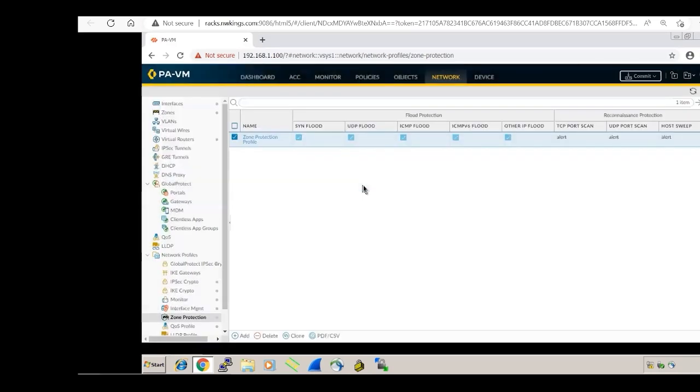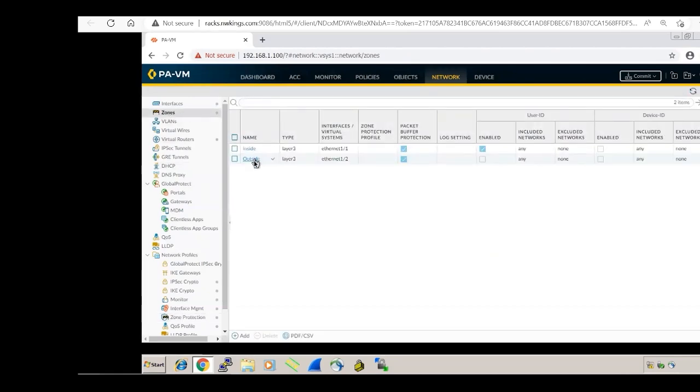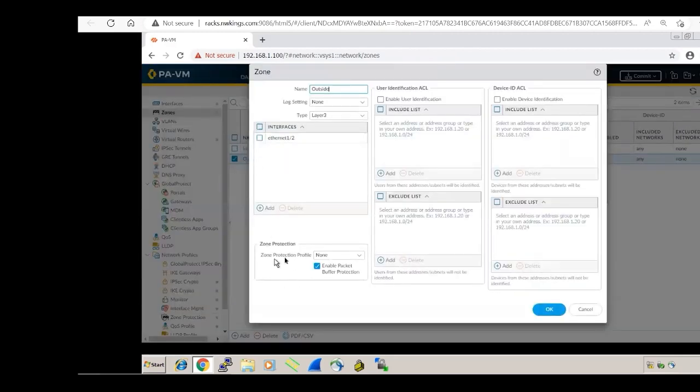So once you create your zone protection profile, go to the zone, any of the zones, like come to the outside, and then guys you need to enable the zone protection, okay, and whatever policy I have just created you need to assign that. Got my point, guys? Whatever zone protection we have created, we have to assign it to the interface you want, the outside interface,